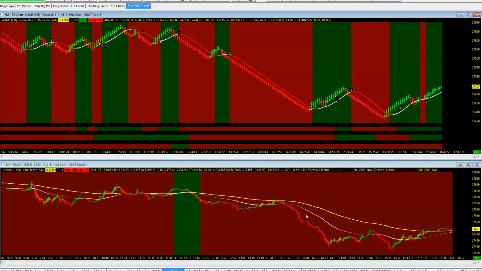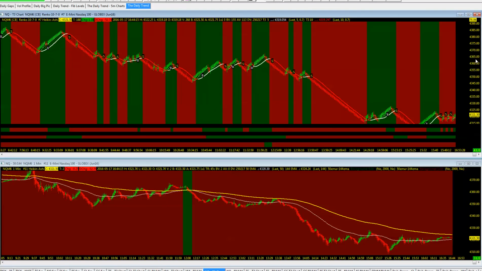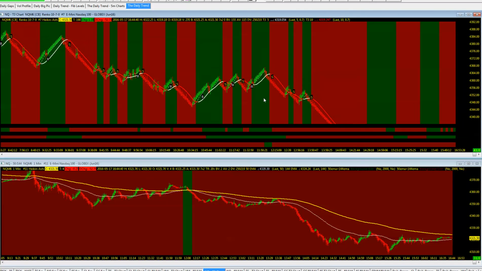Again, you go to a higher time frame, eliminate some of that noise, but for the majority of the session in the red. Let's take a look at the NQ. Its price action, similar story, a little bit choppy in the morning, a little bit challenging. If you kept your stop at the swing size, you should have been okay, but again, some